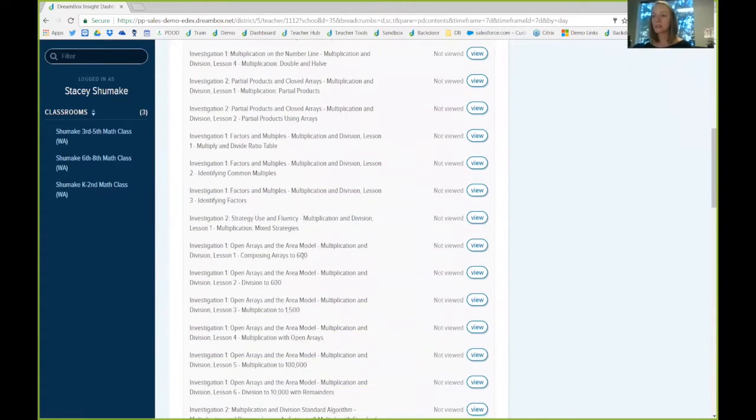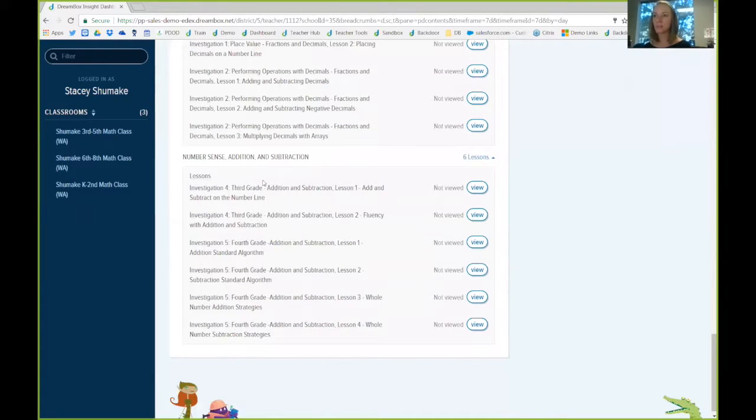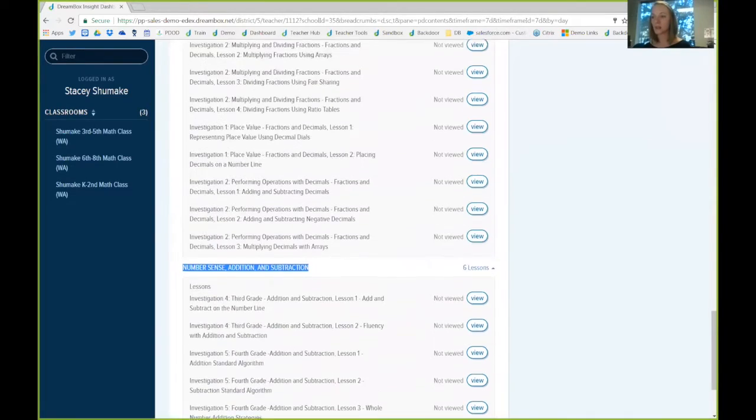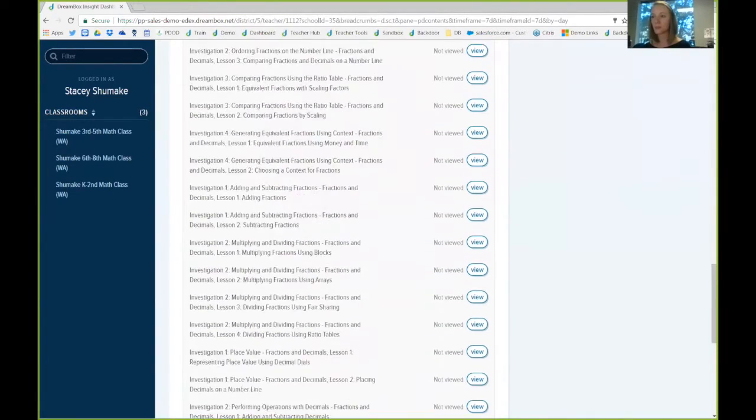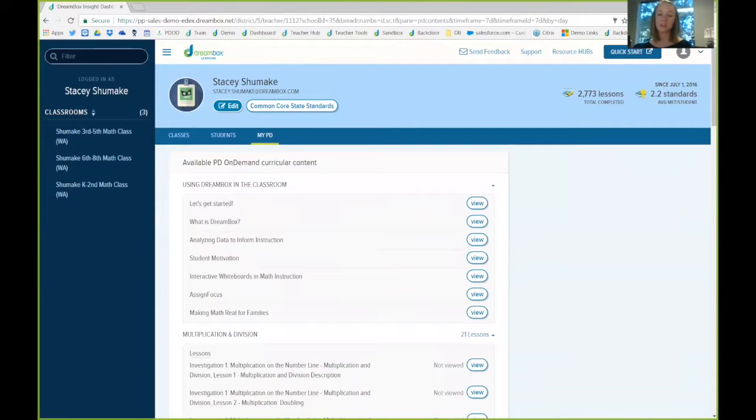And then specifically, what we've been talking about today is going to be at the bottom of that My PD page. There's number sense, addition, and subtraction lessons, and they are going to be separated by grade level. So this is just something that's going to be available to you all to investigate and to see some of these lessons in action. You'll see the tools feature, the strategies, and those big ideas featured in every single one